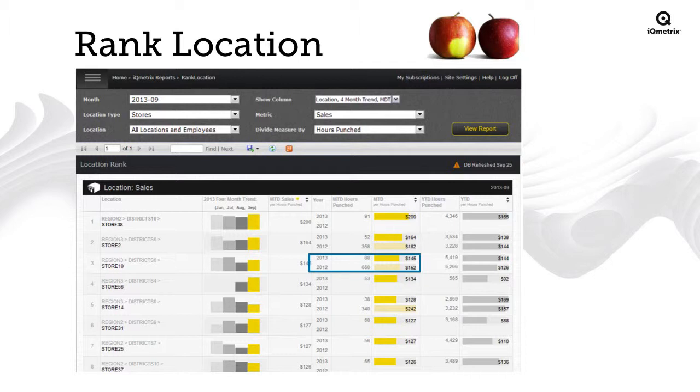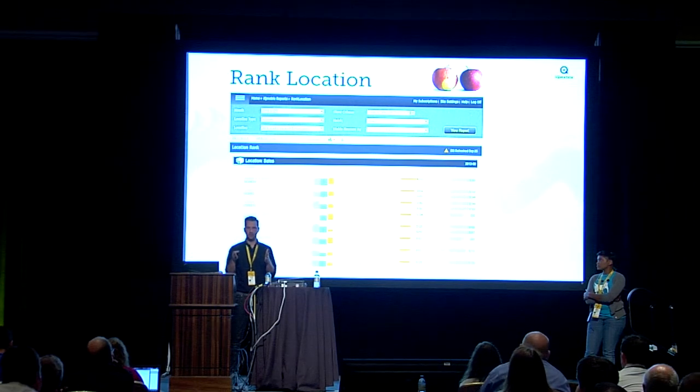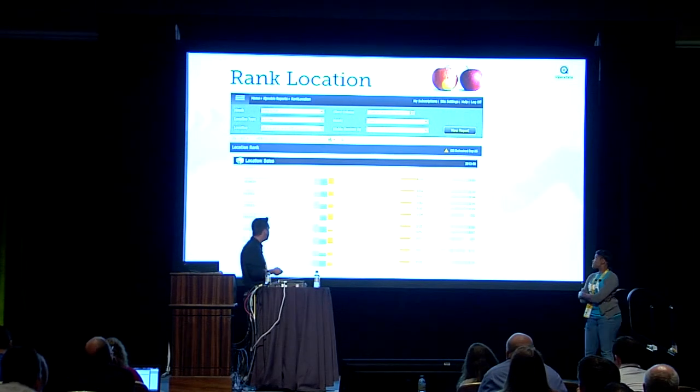If we're trying to compare stores, but they're different square footage, or they have a different number of punched hours, it's really hard to say store A has 100,000 in sales, store B has 80,000 in sales, because those things are hard to equate. One is a larger store, one has way more hours punched or whatever. So now we can say, here's a fair way to compare these things, and we'll lock it in, and then we'll see